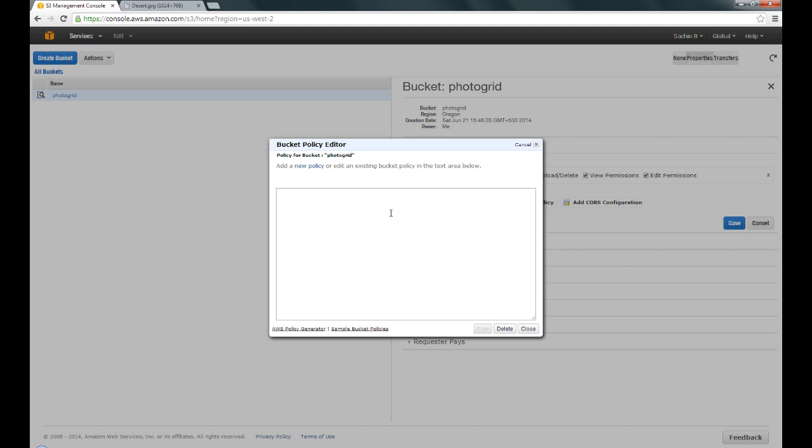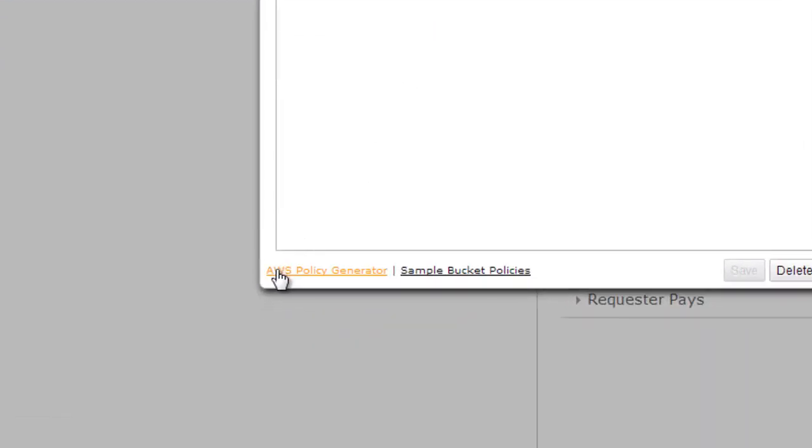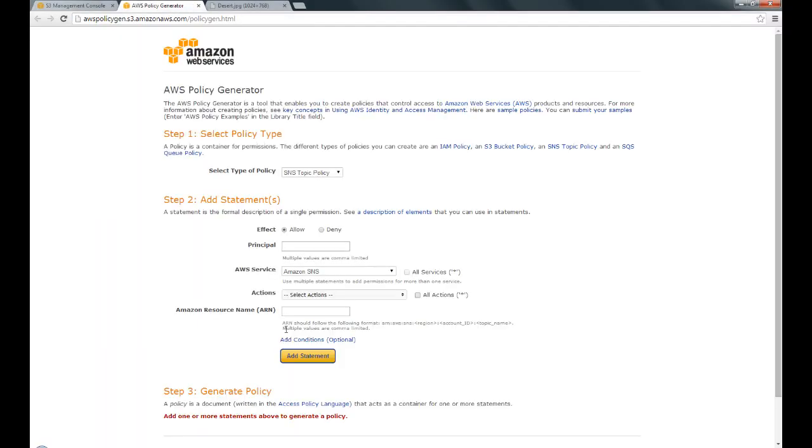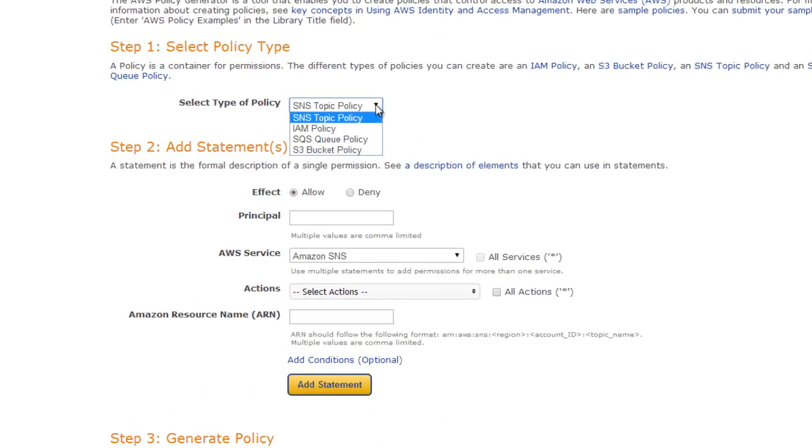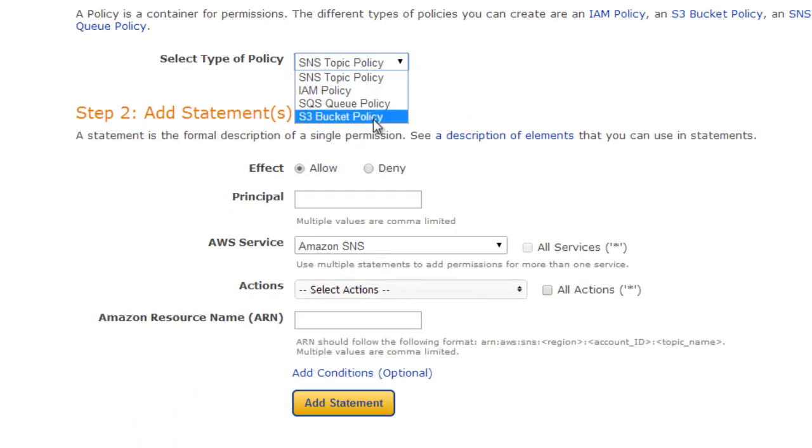To solve the problem, we'll click on this tiny link down here which says AWS policy generator. We'll click on the AWS policy generator link and you'll come to this page, and on this page we can generate a policy and simply copy and paste the policy back in the policy text editor that we got earlier. So the first thing I'll do is select the type of policy. We specifically need the S3 bucket policy,